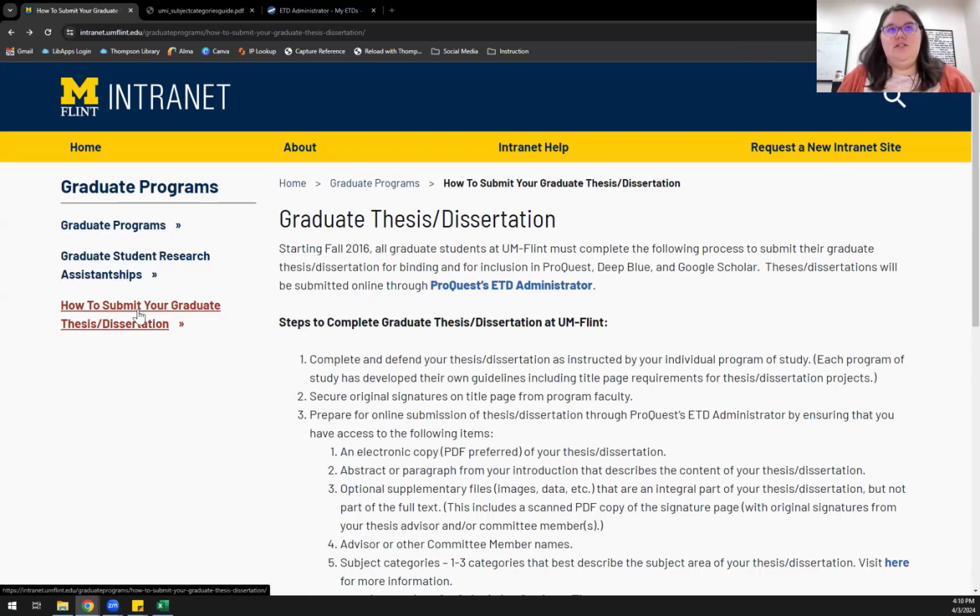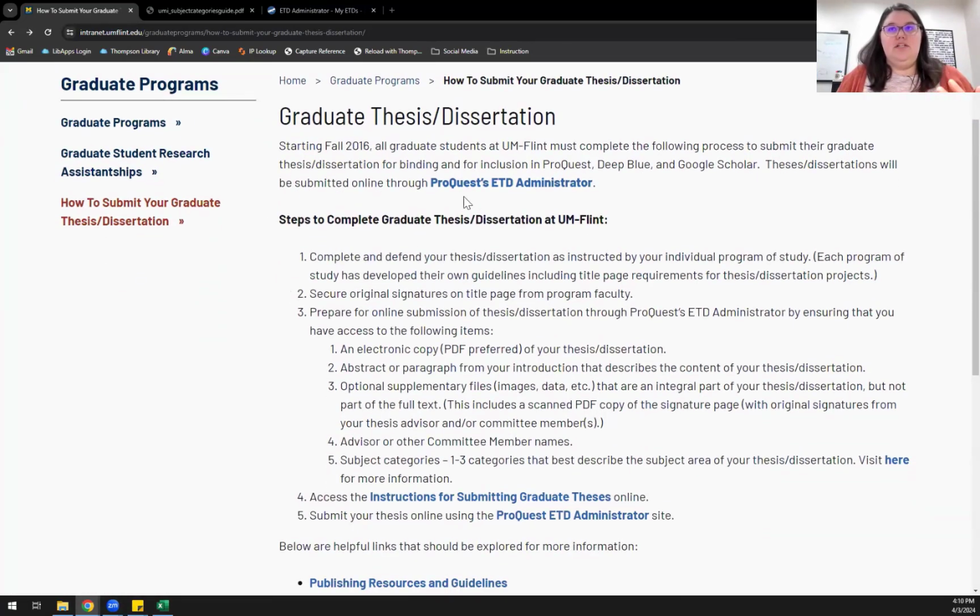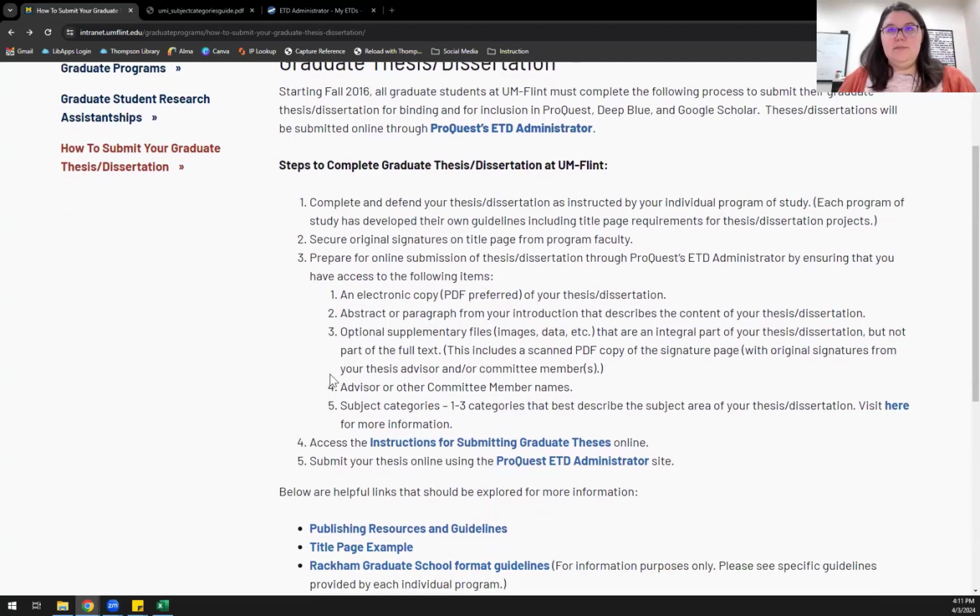On their page, there's this how to submit your graduate thesis and dissertation section, and it goes through this step by step, and additionally has links out to ProQuest ETD Administrator, which is the program that I'm going to show you in a minute here, where you put all your information in and submit your thesis. It has the different steps that you'll need,